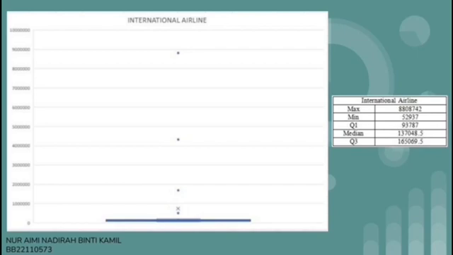maximum value as 8,808,742, minimum value as 52,937, first quartile as 93,787, median as 137,048.5, and